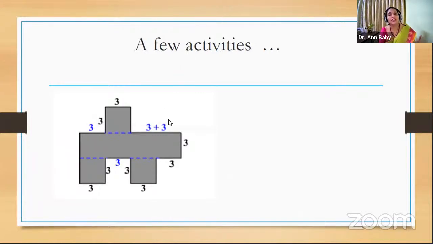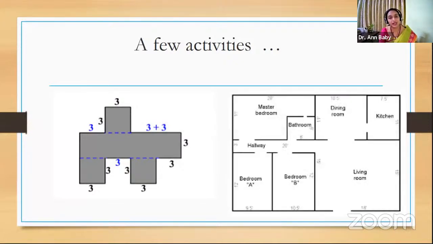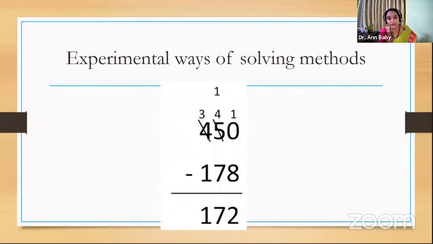But you can give them a much better question. Draw the plan of your house and then find the area and perimeter. It's the same thing at the end of the day, but much more learner-centered. You don't give them a figure. Instead, you give them the activity. Let them take a measurement of their house or their room or their table and let them find the area and perimeter. Learner-centered.